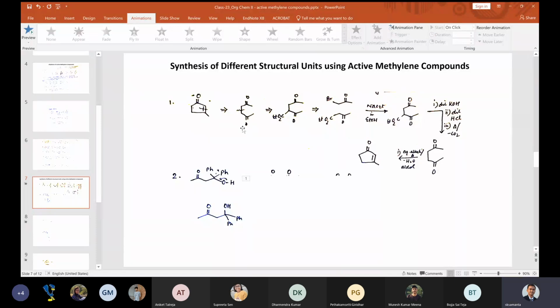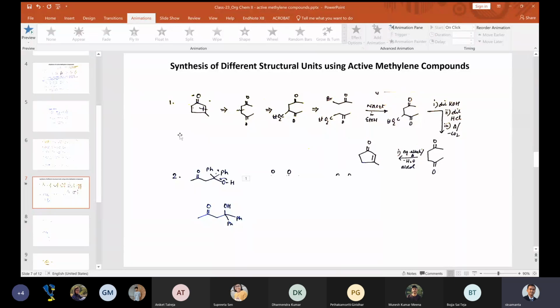Correct? You can ask why we should put the ketone here. Why not on this side and this side? But then you will end up with a CHO here and just CH3 here, right? That will not give you anything. That is not at all logical, because you will not get aldehyde and ketone together. That kind of compounds are not available. And if it is the methyl center, it won't be any more acidic. So this is the only logical way to cut.